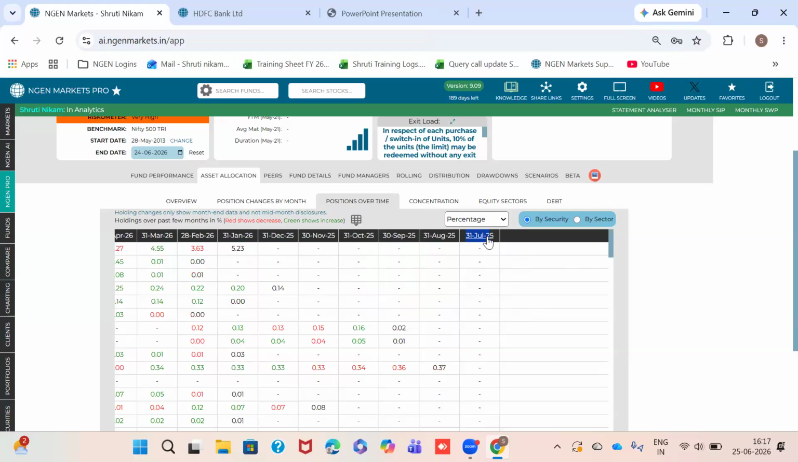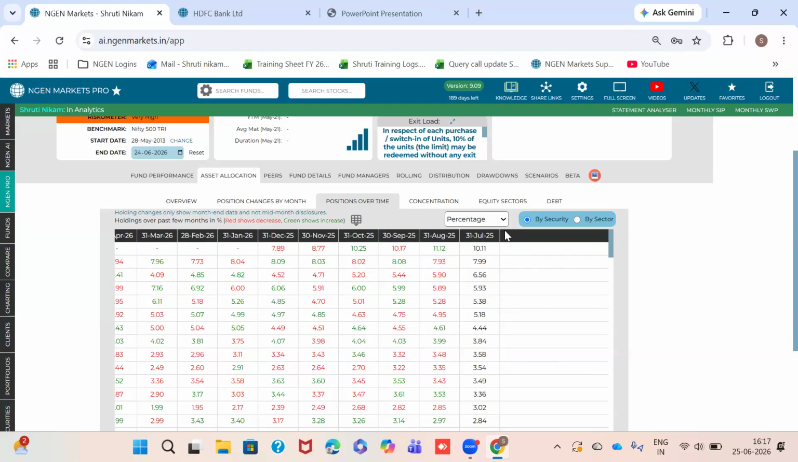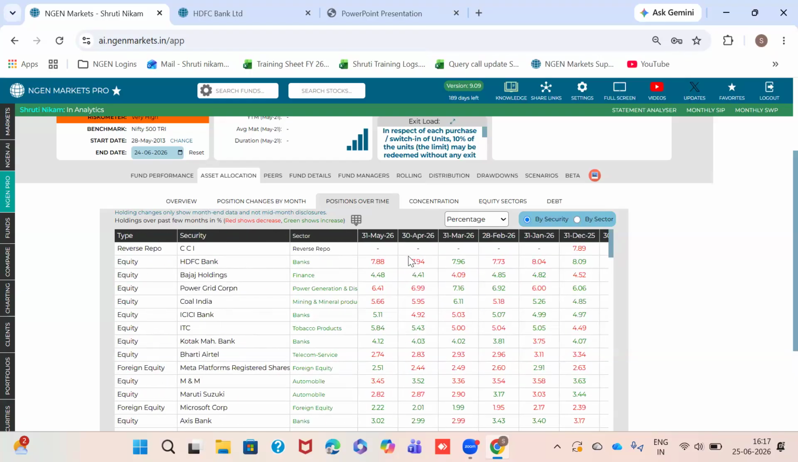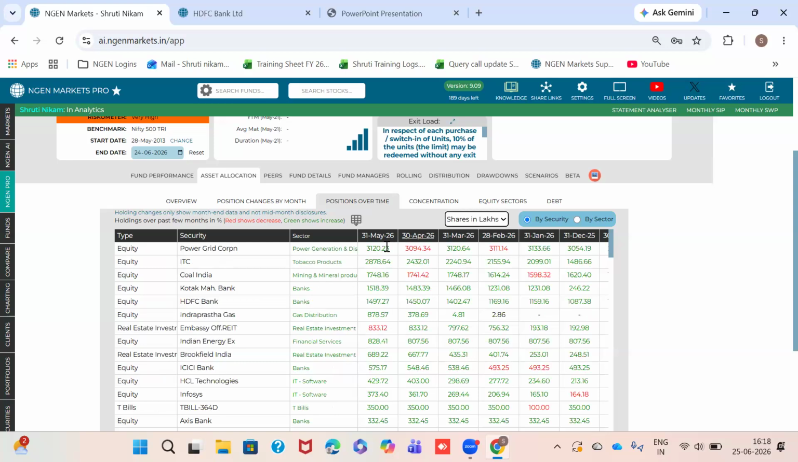And here you can see these holdings in terms of security and sector also. In the security section, we have also given the option to see these holdings in terms of percentage as well as in shares. If we now focus on HDFC Bank, we can see that the number of shares has increased from the month